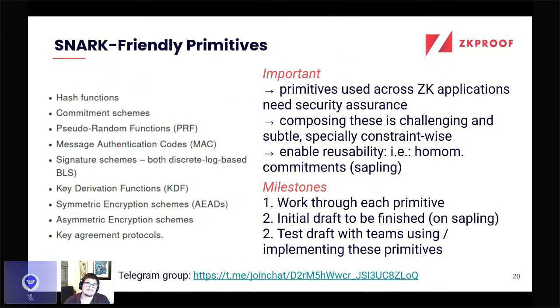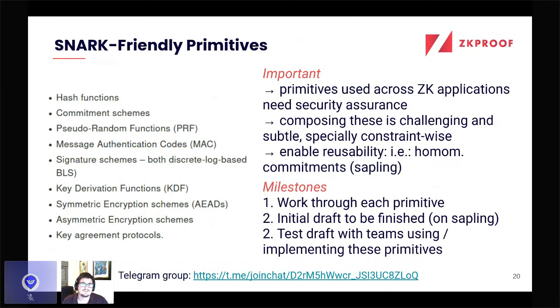Here, really the point is that when you use zero-knowledge systems, you're going to be inclined to use different cryptographic primitives in your application, right? And really, they are used all over, right? Like if you want to compute a hash function, a Merkle tree, a commitment, PRF, or some signature scheme, et cetera, these happen to be in basically every application of zero knowledge today. And it can be a challenge, especially when you want to compose these things. If you want to use a commitment and then that data goes into some hash, et cetera, when you're building these constraints or these circuits, it can be really confusing if you don't have the correct expertise. So we want to make sure that there is a standard around it.